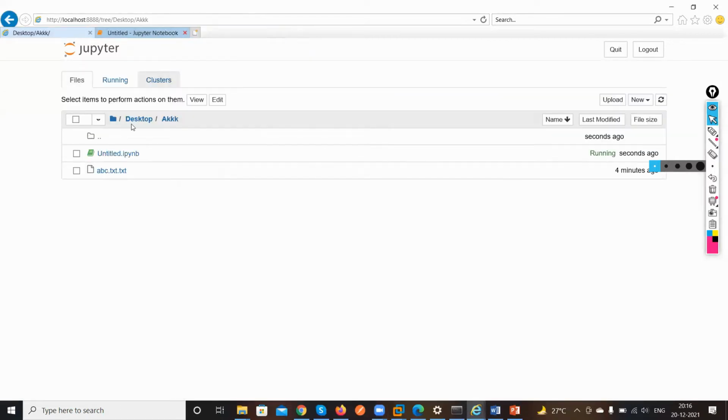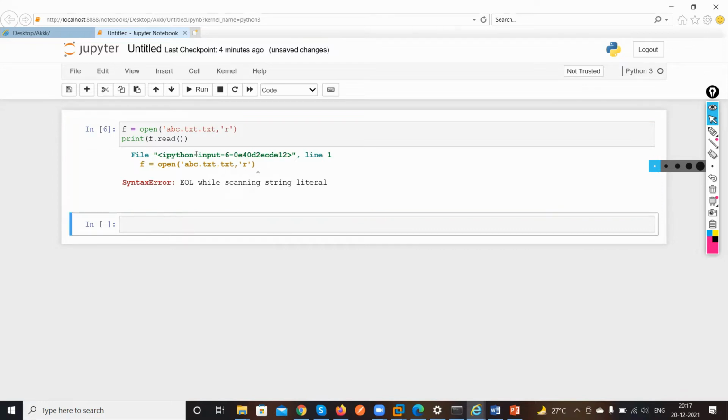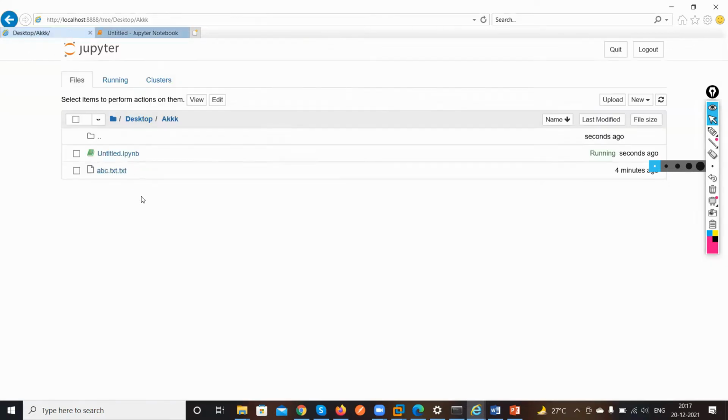Yes, the same kind of error I was facing last night. It is given like text.txt.txt, twice, right? So I just give text. But again, it will be a wrong syntax over here. So what we can do is,